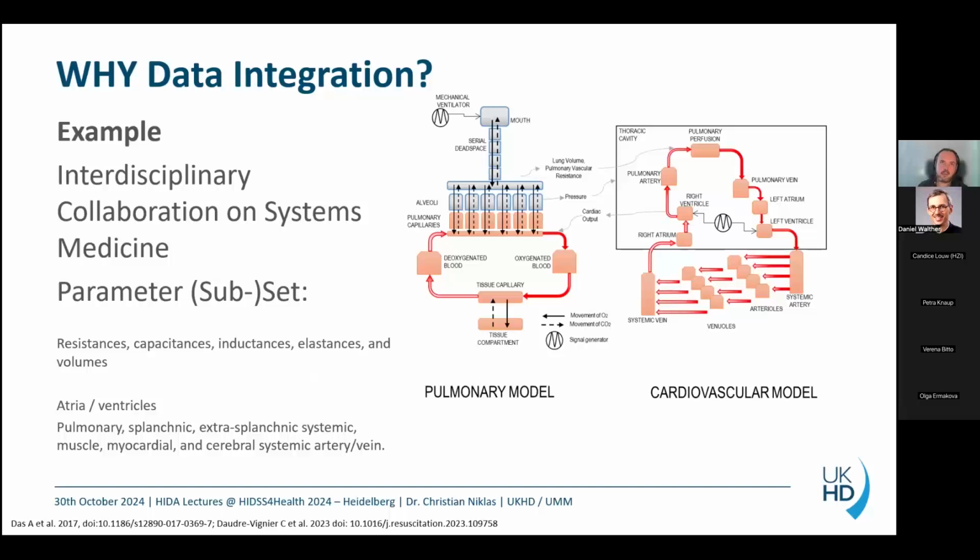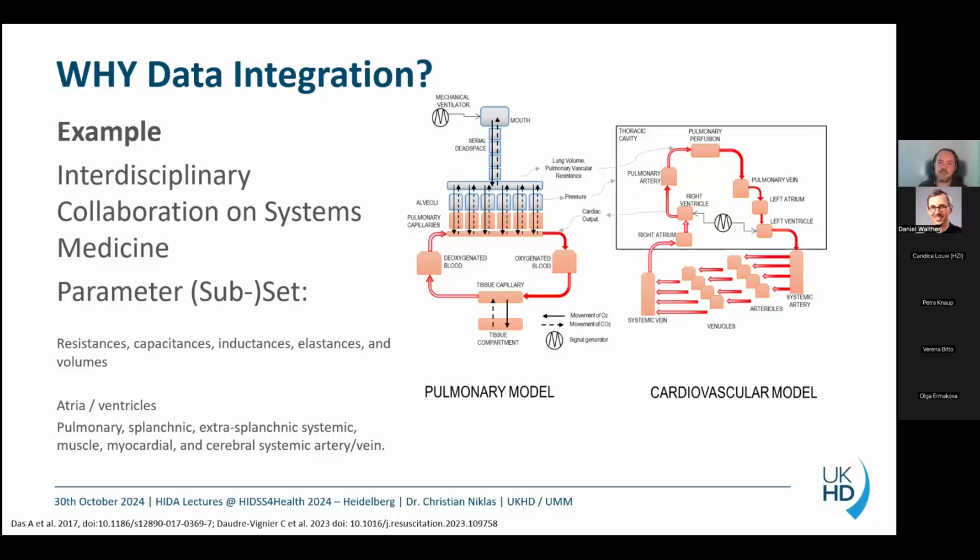We have a loss function in there. You could call it loss function. We call it differently. However, it's an engineering complex optimization problem. And what we needed always was valid data because it's highly parameterized. So it represents different aspects of the body, consisting of different structures in the heart, like the atria and the ventricles, but also different circulatory entities like the pulmonary, the splanchnic, cerebral arteries and veins. All these things are represented, and all these things have different resistances, capacitances, inductances, etc., etc.